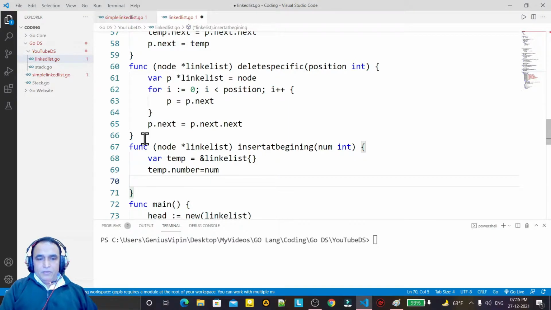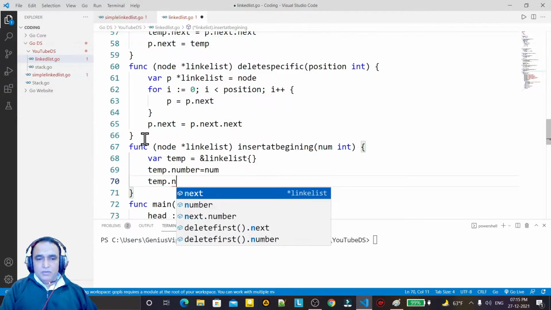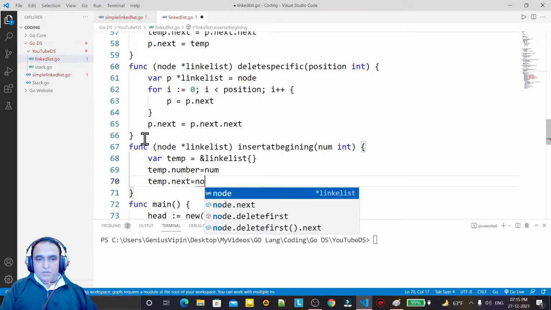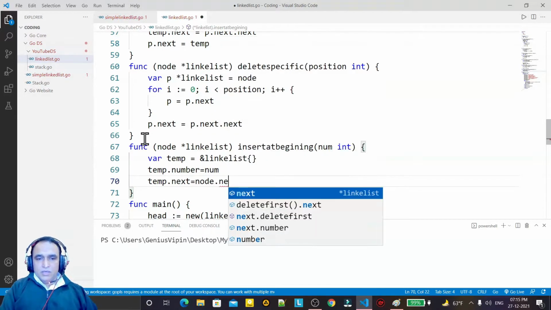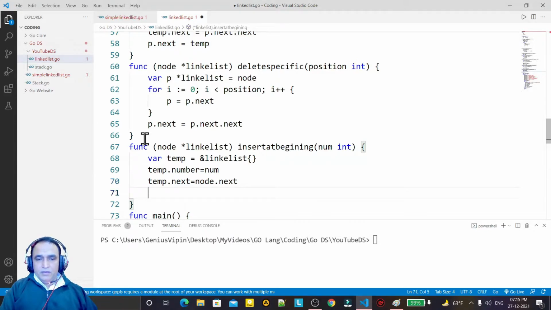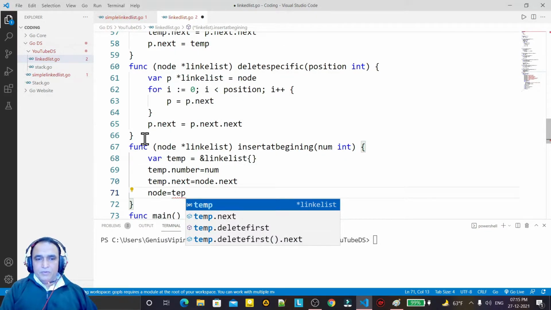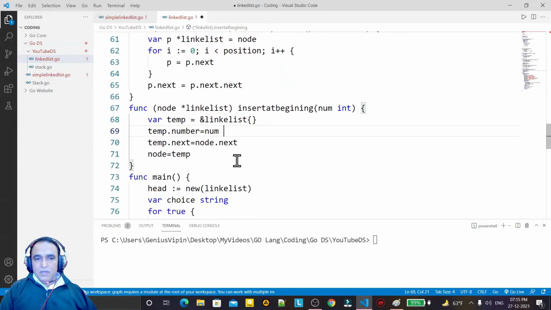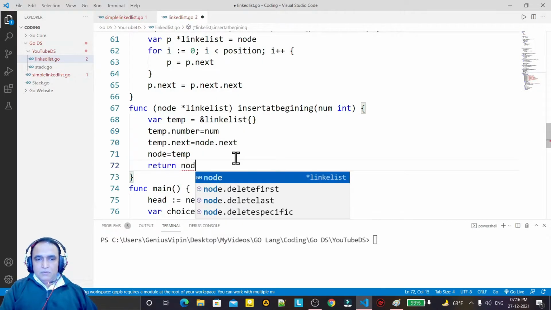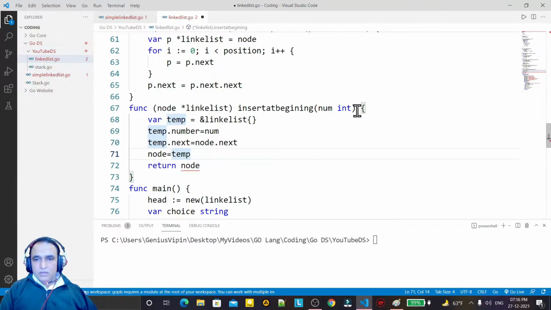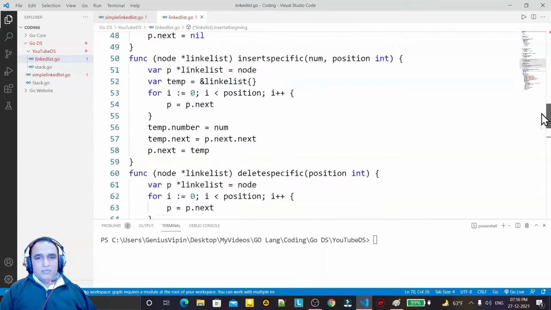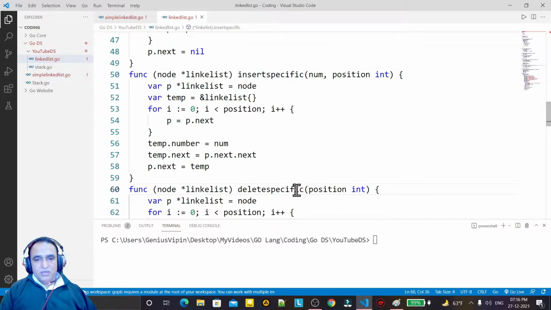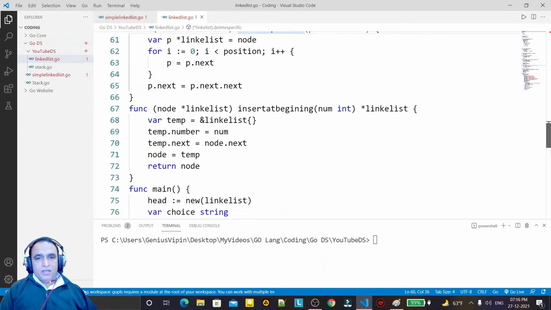Then temp dot next would be the node dot next, and here the node would be temp, like this, and I have to return this new node. Here I have to specify the linked list. So all three functions are done. First function was insert at a specific position, delete from a specific position, then insert at beginning.